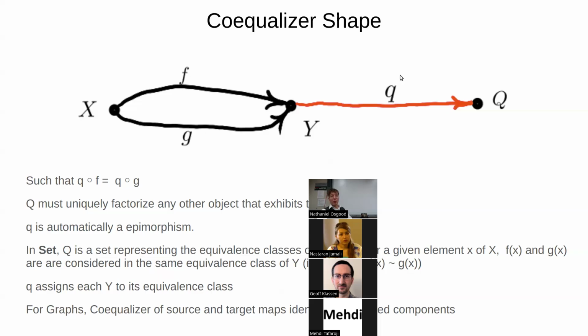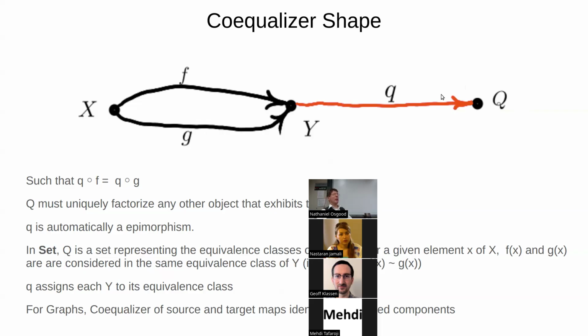And we take the coequalizer, it will give us this map Q and this object capital Q, such that this property holds, right? And by the way, Q is guaranteed to be a